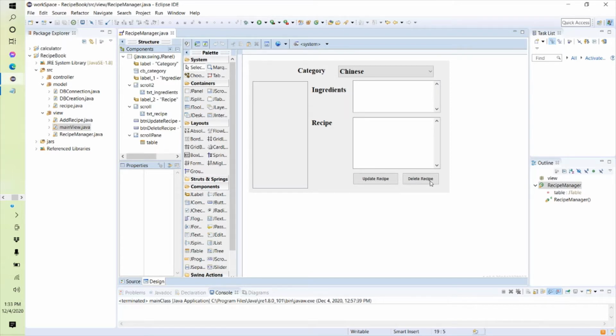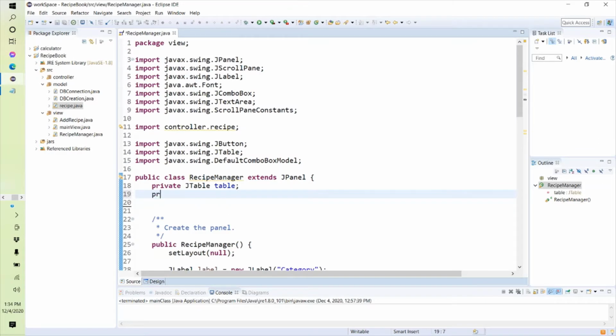So the very first step that we want to do is when user selects a particular category, the list of the recipes should appear right here. So what I'm going to do, I'm going to go to my source and have an object of the recipe here. Private recipe RCP is equals to new recipe. This particular recipe object will be of the controller class of the recipe.